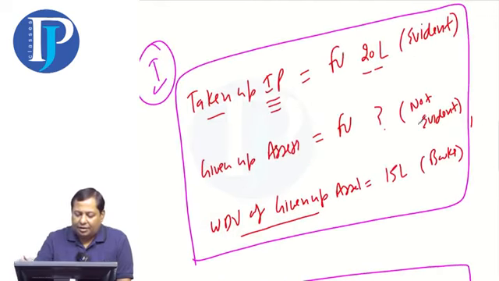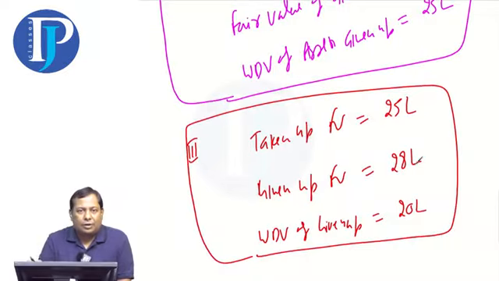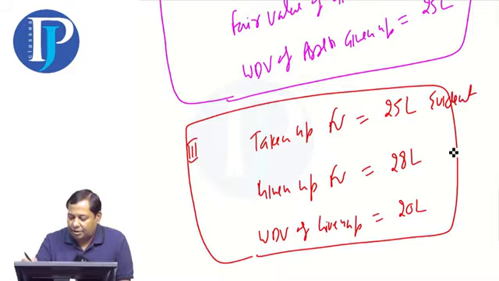What's the first case? Do you know the fair value of the receivable asset? Yes. Do we know the fair value of the given up assets? No. In the second case, do you know the value of receivable assets? No. Value of given up assets? Yes. Here, in the third case, the fair value of both is available. This is evident, and this is also evident. So these 3 cases are there in your study mat, and the accounting rules are different for all 3.